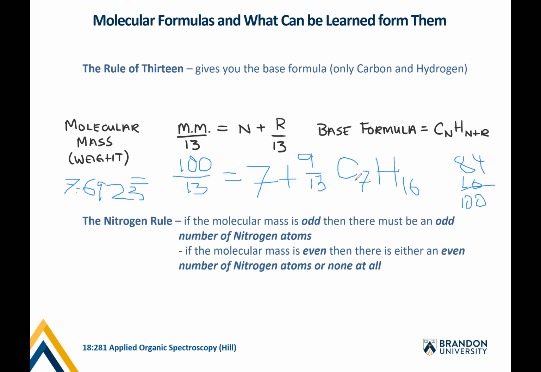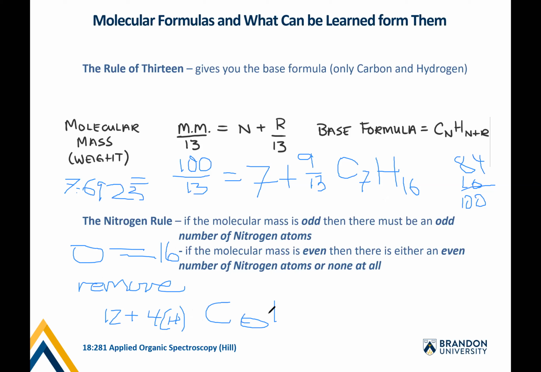And then if you know that there's an oxygen in there, you can substitute in an oxygen by just taking out atoms which equal that of oxygen. So let's say this was our base formula and we had 1 oxygen in there. Oxygen's atomic mass is 16. That would mean that we would have to remove a carbon, which equals 12, plus 4 hydrogens. Because 12 plus 4 is 16, right? So this would mean our formula would then become